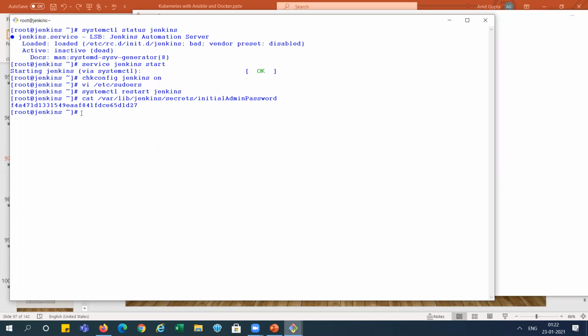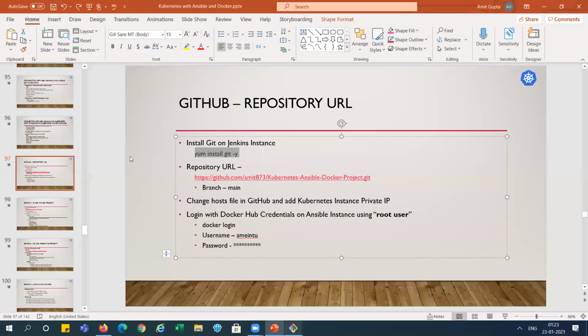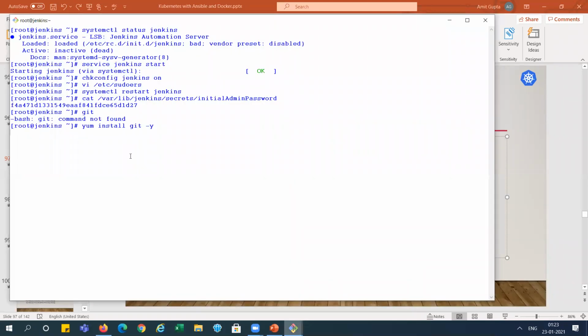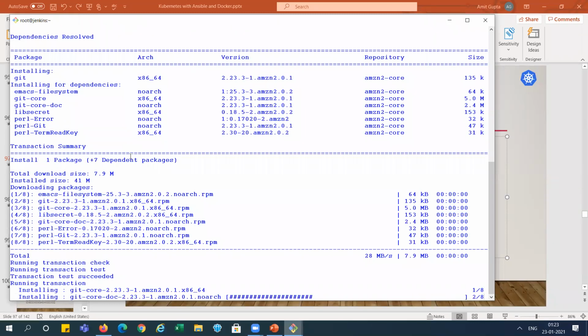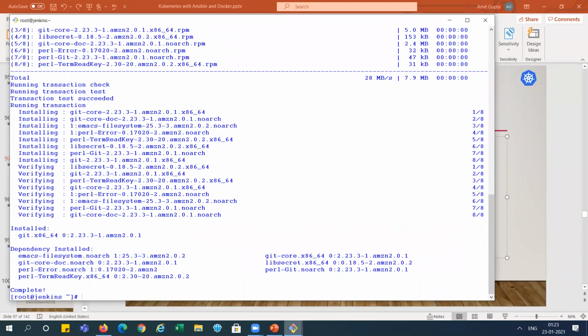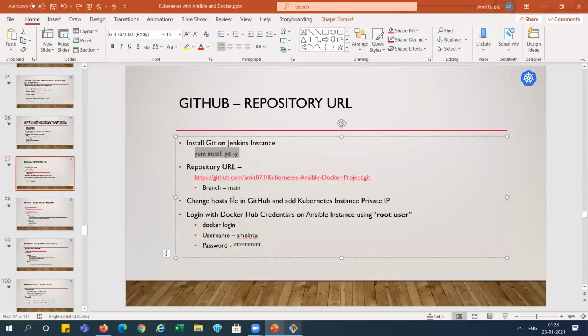And here Git, we can check. Git is not there, so we need to install Git here. You can see here Git is installed, right? Now we will use this repository for code and other things.